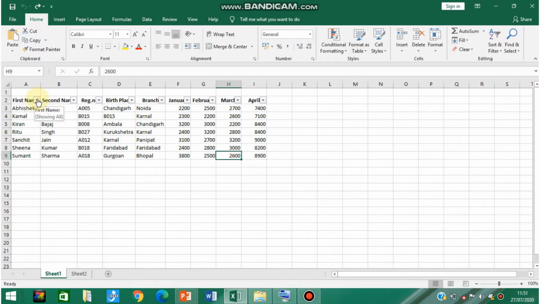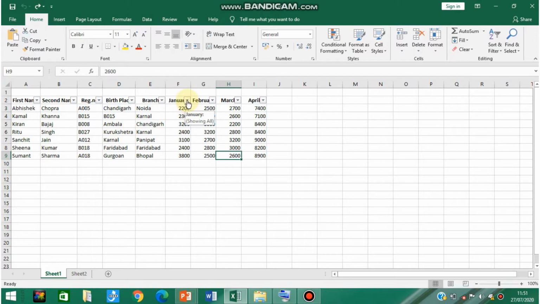Now we have seen how to use autofilter, and now we will see how to use custom filtering. After using autofilter, just click on the drop-down control of any column on which you want to apply the custom filtering.